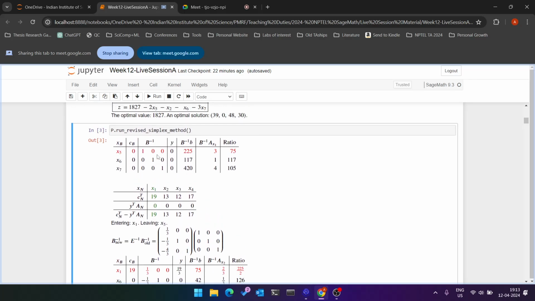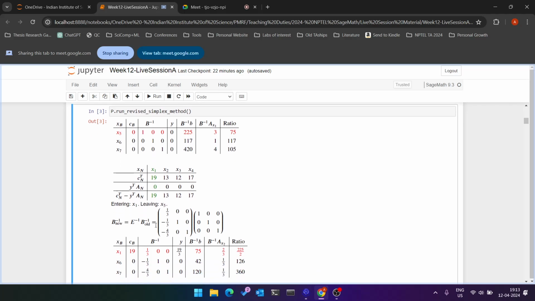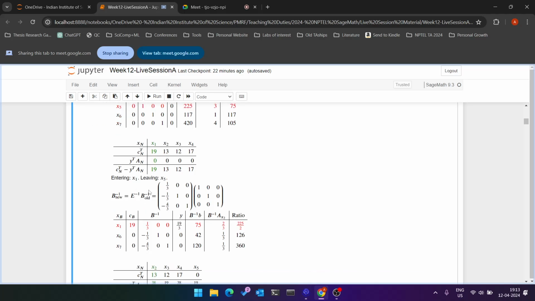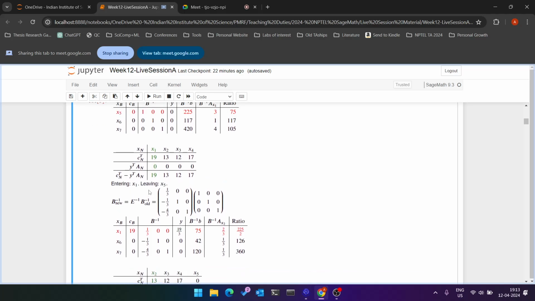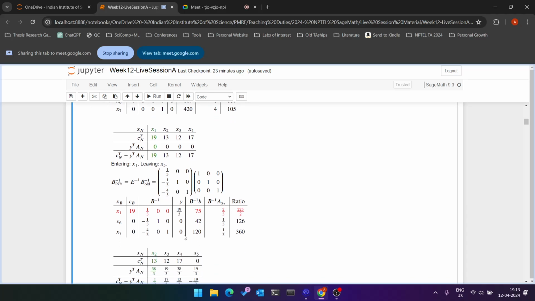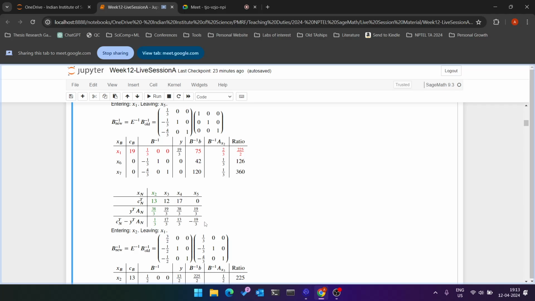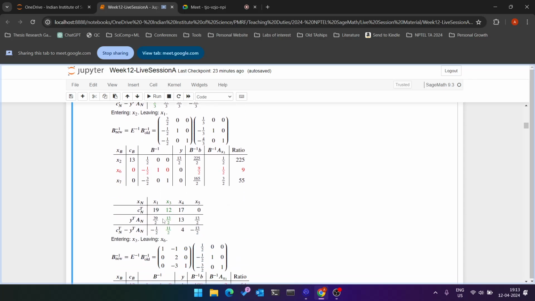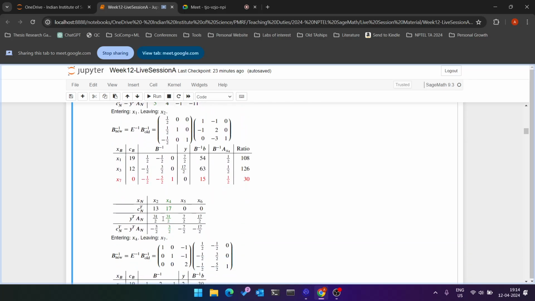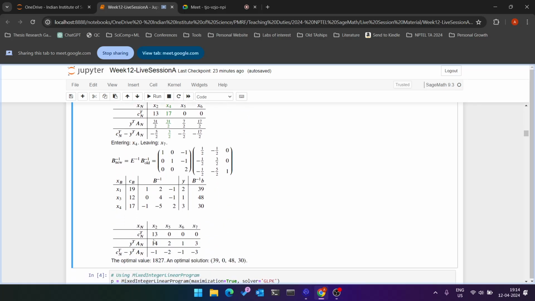So here in this case, we have this as my current reduced cost coefficient R transpose row vector, and with this in mind, x1 has the highest positive coefficient, so we enter through x1 and leave out through another non-basic variable which is x5. Rearrange, again find the B matrices, B inverse, again calculate the cost coefficient. Similarly, we go through x2, x3, and finally again x1, x4,